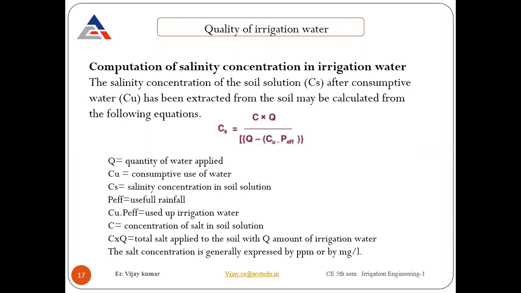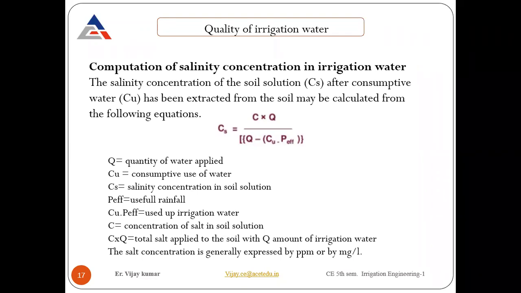जो पानी हम नहर के या canal से through we are going to apply into the field, there will be some salt content, and that salt which comes with the irrigation water we are going to calculate. That is nothing but C into Q divided by Q, the total quantity of water supplied, minus consumptive use into the effective rainfall, subtracted from the total water that we supplied. Divide by that and you will get the value of salt concentration in the irrigation water. Here we are not talking about the total water supplied, whether it comes from rain, tube well or anywhere else. It is just the concentration of salt in the irrigation water which we are going to supply.